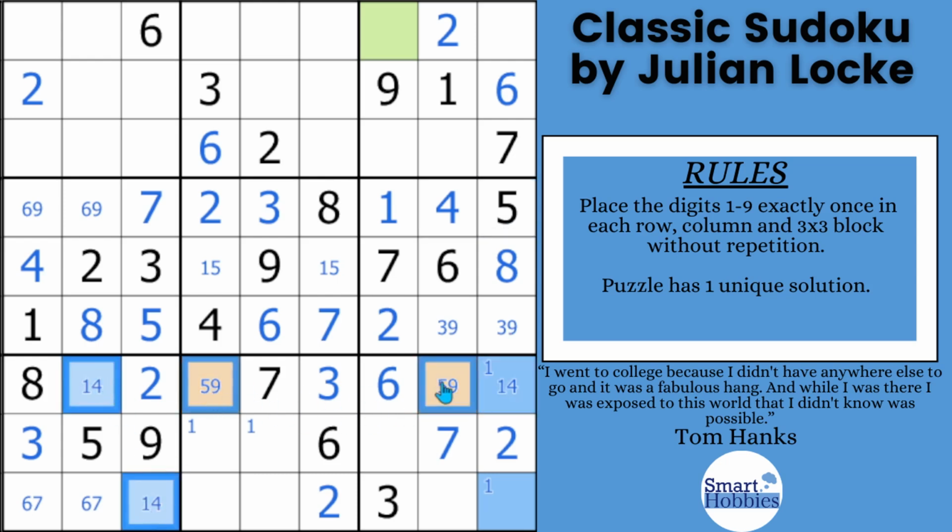So I wanted to point that out. That's our first claiming pair, and it gives us a nice naked pair that we're going to use a little bit later on in the solve. Okay, we're going to move on to the next